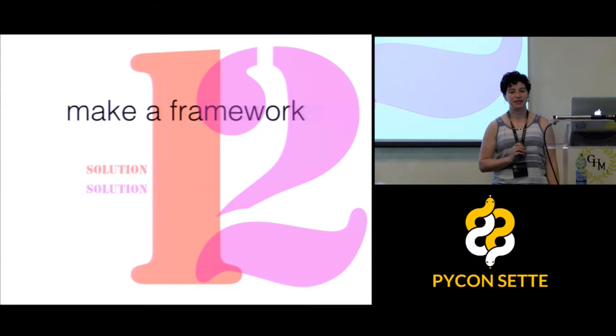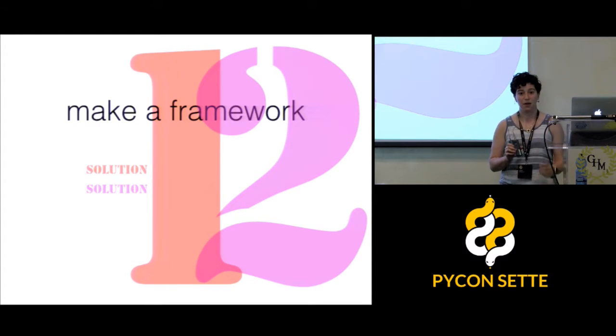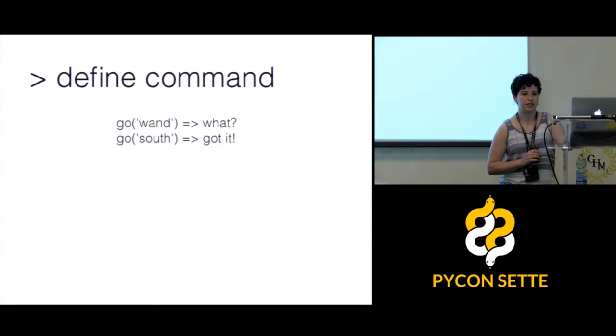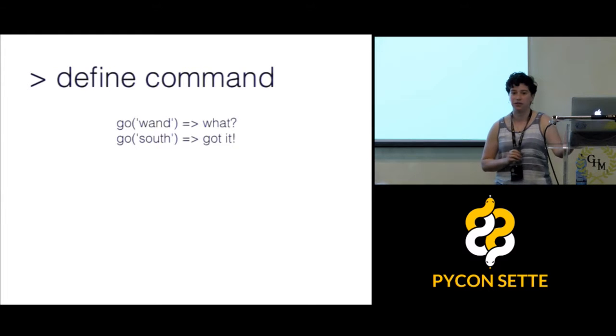So it turns out that abstracting out all of the game-specific data is actually also a solution to the second problem, which is that my commands have a lot of complicated edge case logic in them. And to illustrate why, I'm going to go through how I abstracted out commands in the framework. So to do that, first I had to decide what I want commands to do.